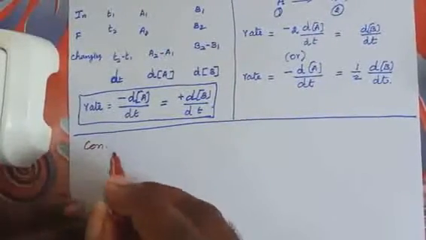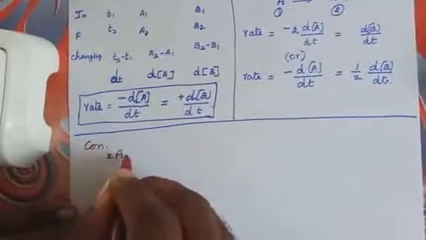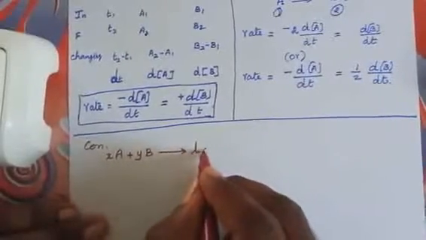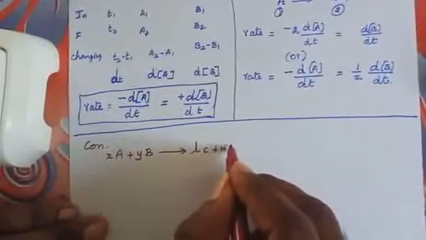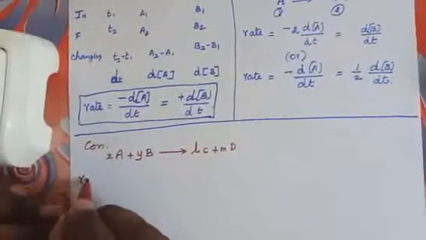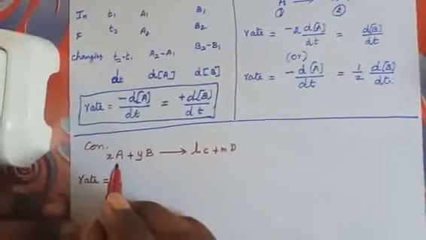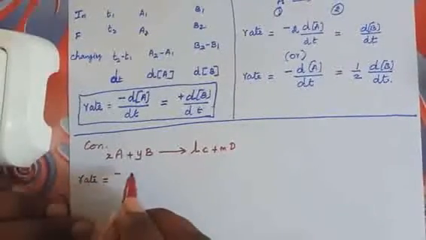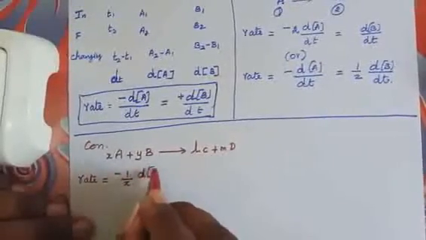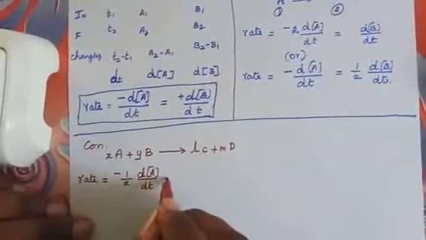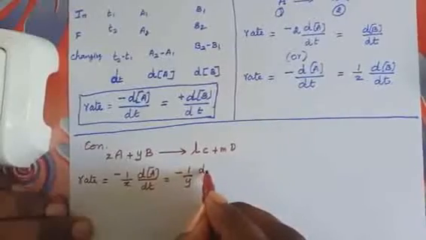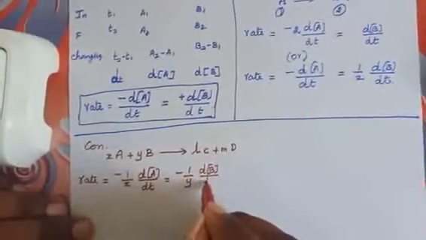Consider a chemical reaction. X moles of A react with Y moles of B, which gives L moles of C and M moles of D. Rate expression for the above equation: rate of the reaction is equal to disappearance of 1/x into the changing concentration of A with respect to time t, or disappearance of 1/y into changing concentration of B with respect to time t,